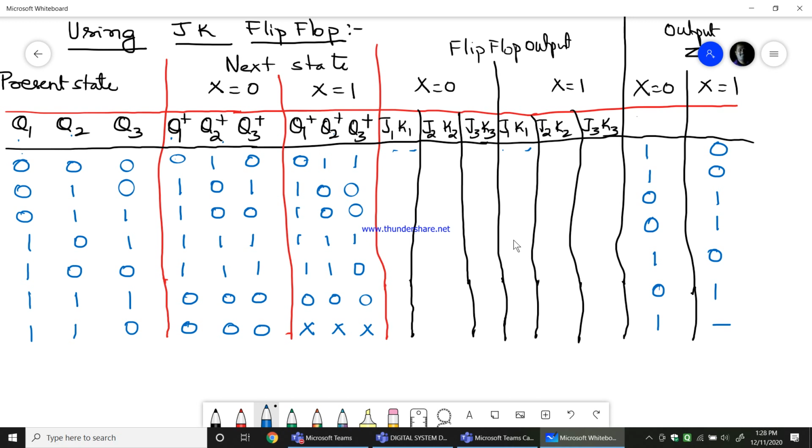In the next class we'll see how to write these JK values, and then how to write the K-map, and after getting the expression using the K-map, we'll see how to write the final sequential circuit diagram for BCD to XS3. So till here, is there any doubt for you? Is it all clear to you people?